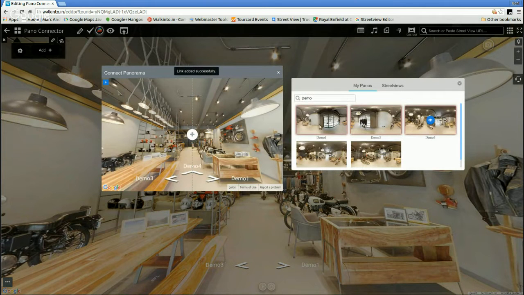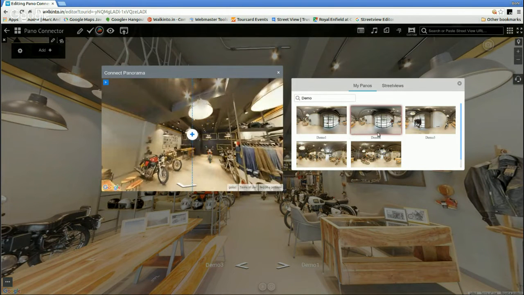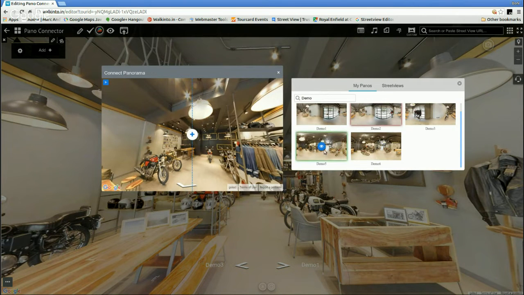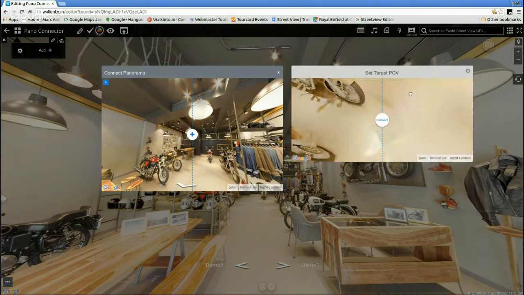That gives me one connection. So right now, you can see that there are like 3 connections on this panel. Hence, 3 red boxes are here on my right. Go to the next. It's lined up beautifully. Now I need to connect one more panel. I know this panel is taken slightly to the left of where I am looking right now. So to turn it this way, click add, and I have an option to pick demo 5 here. I pick demo 5. You can see that it is taken here.